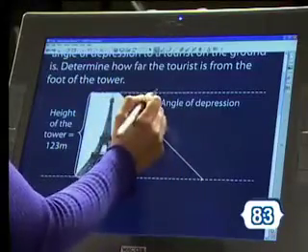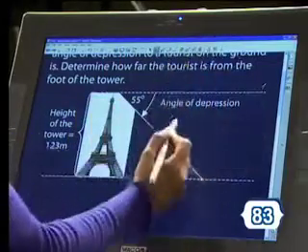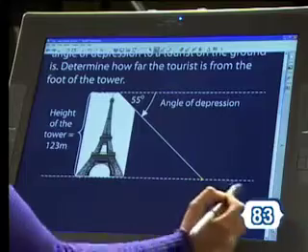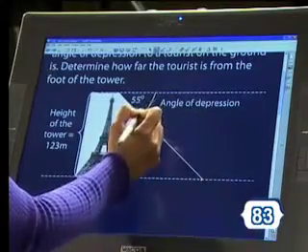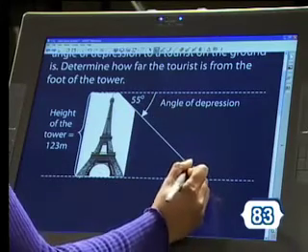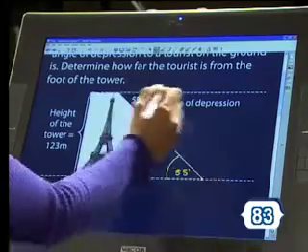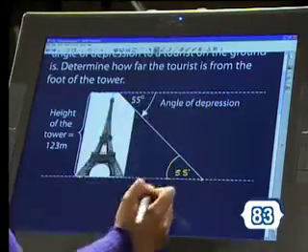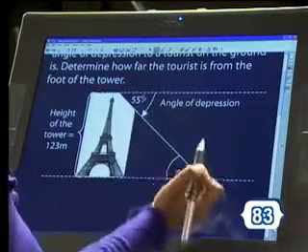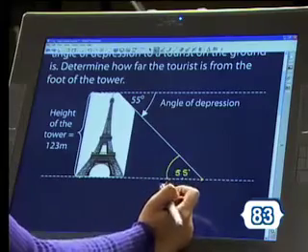The angle of depression is 55 degrees. Remember, we're measuring this from a horizontal plane. So therefore, that will be exactly parallel to the ground. So therefore, if the angle of depression is 55, then the angle here would also be 55. That's your angle of elevation from the ground. Since these are parallel, that would mean these are alternate angles. So therefore, if your angle of depression is 55, then your angle of elevation from the ground will also be 55. Now, as it stands, you can probably see quite a lot of information, but it will make even more